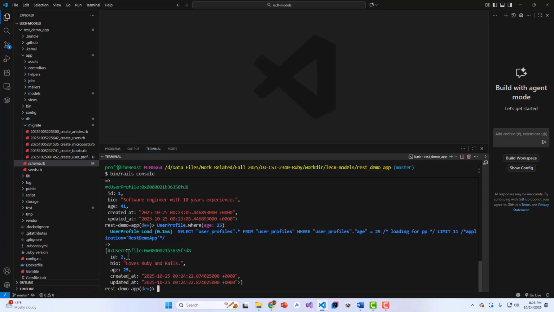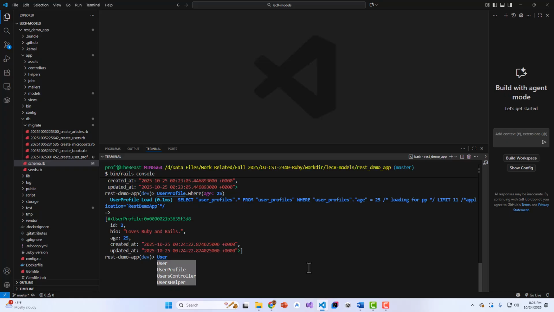But it's returning which one? It's returning the one whose age is 25. And if there were more than one, it would return those. User profile.find_by. So instead of find, which goes by the ID, you can say find_by, and then